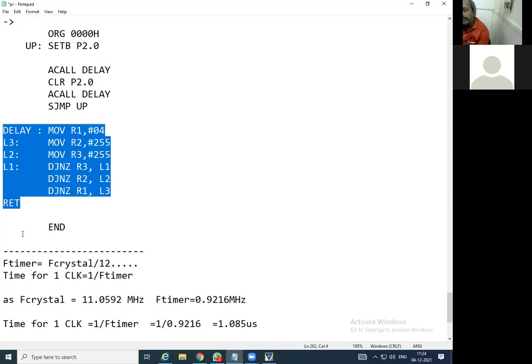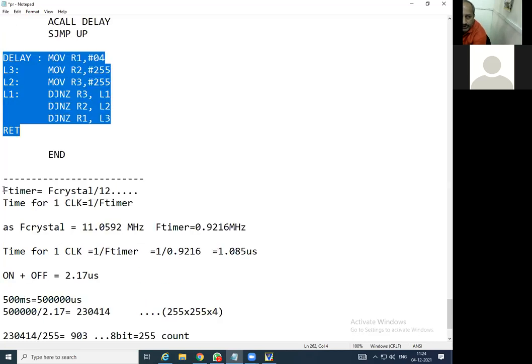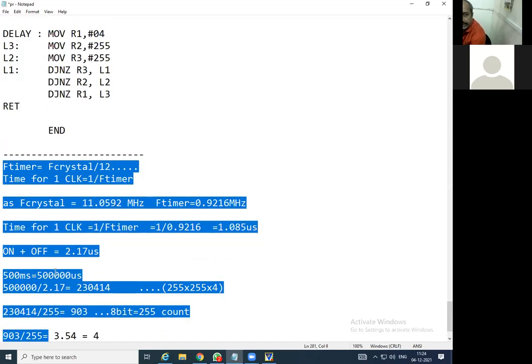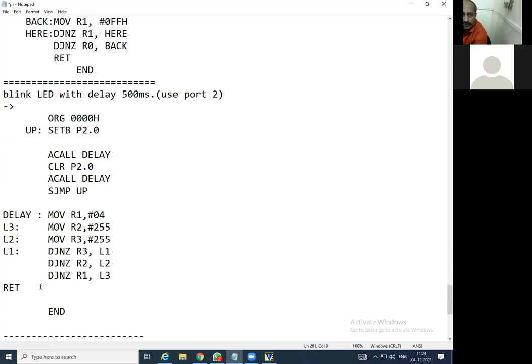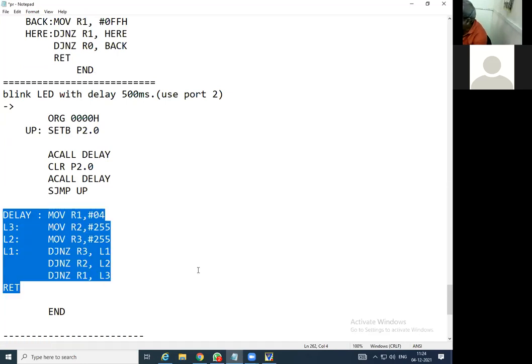जर तुमच्या मॉक इंटरव्ह्यू मध्ये वगैरे जर विचारले असे काही प्रश्न की 500 मिलीसेकंड साठी मला डिले लिहून दाखवा by using register. So definitely you are supposed to do this calculation first. आणि हे जर लक्षात आलं तर मग इथं तुम्ही हा असा कोड तुम्ही लिहू शकता by using these 3 registers.